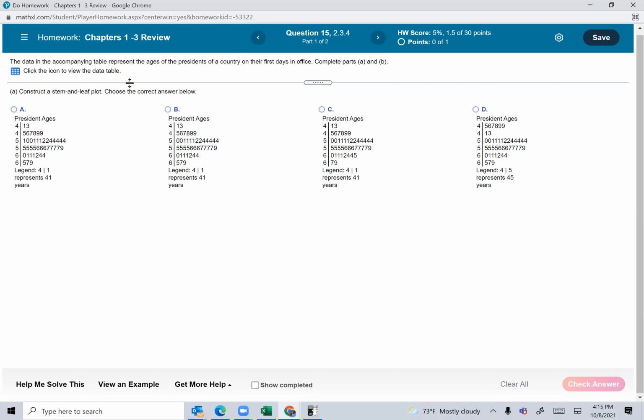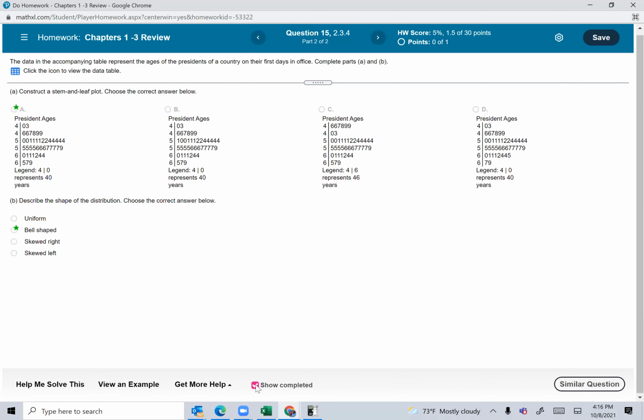Construct a stem and leaf plot. So let me just show the complete answer here. Okay, so this is the graph. Now, he's asking you what shape the graph is, and I'm glad you mentioned this because I think it's time